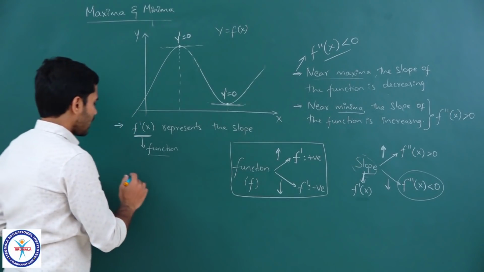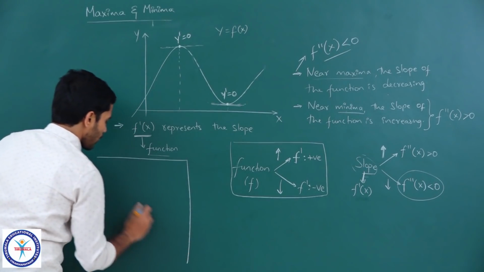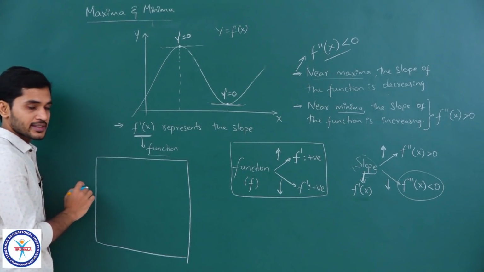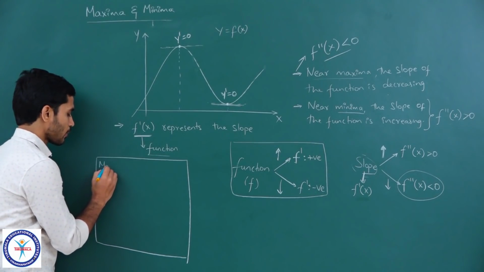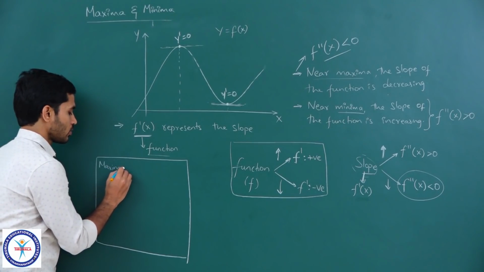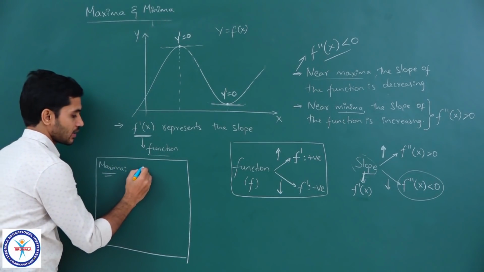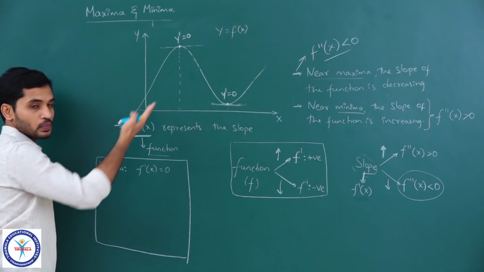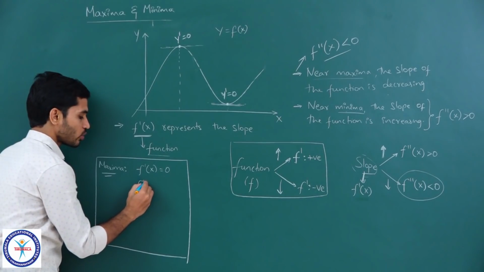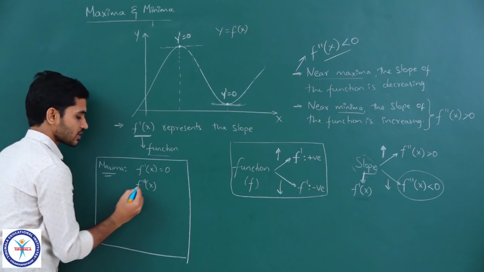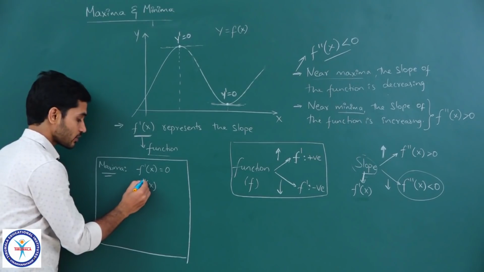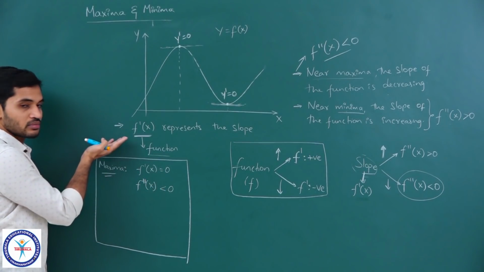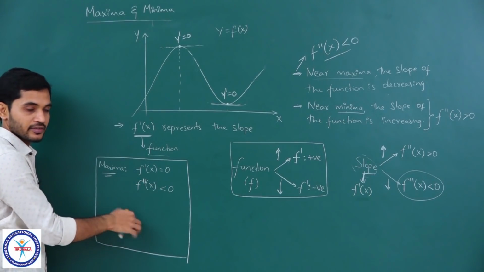So, I'll write down the final result over here. So, please observe this carefully. We will apply this in one or two cases. So, for maxima we can say that f dash of x should be 0, which means slope should be 0. What can we say about f double dash of x? F double dash of x for maxima should be negative, clear. Maximum means take the opposite, negative, right.